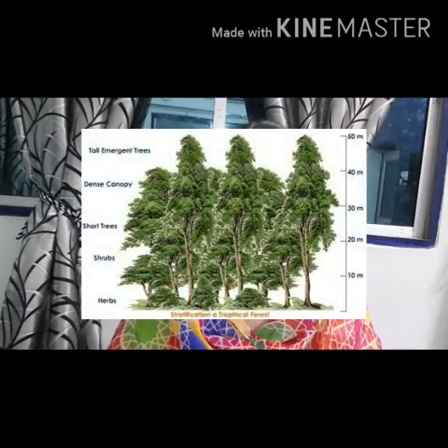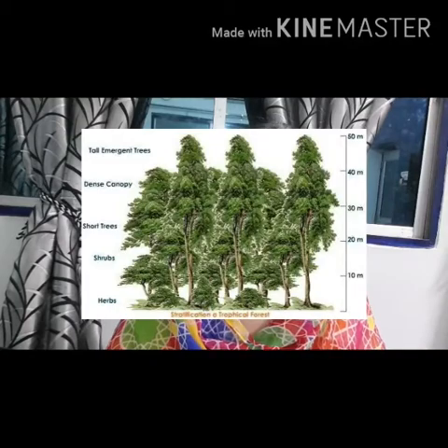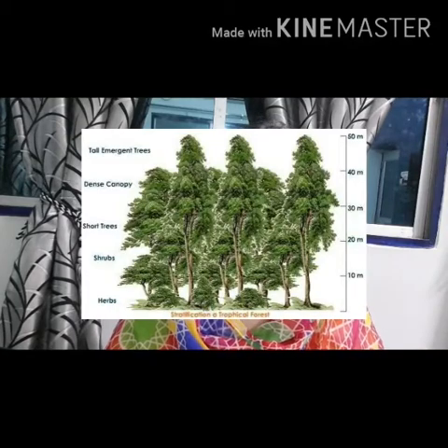Now the first is your tropical evergreen rainforest. As the name itself tells you, children, this type of forest is found in areas where the rainfall is more than 200 centimeters. The climate of this region is hot and humid. The trees which are found here are evergreen trees. They do not shed their leaves. The trees are tall and evergreen, and so they are also known as evergreen forest.